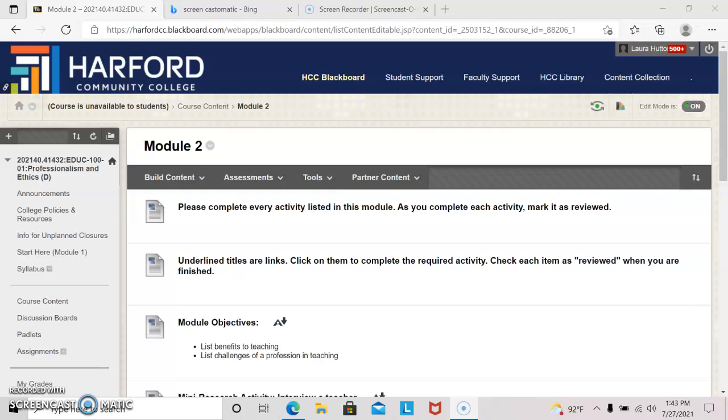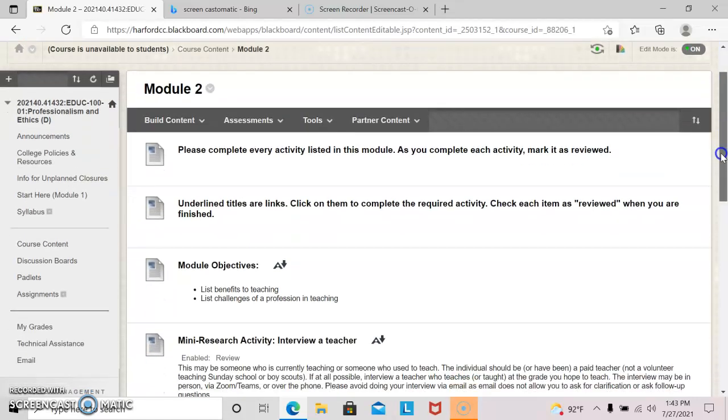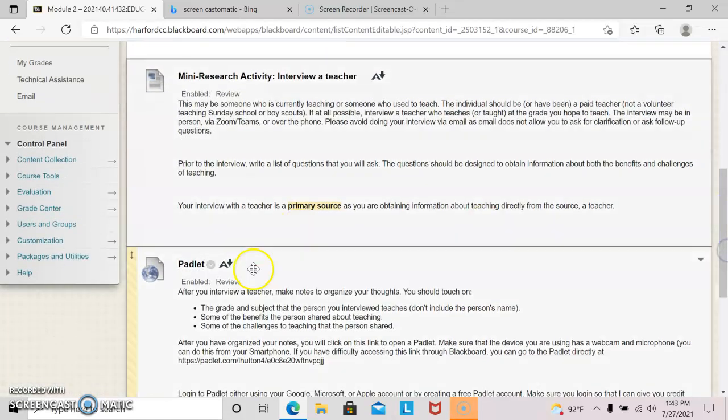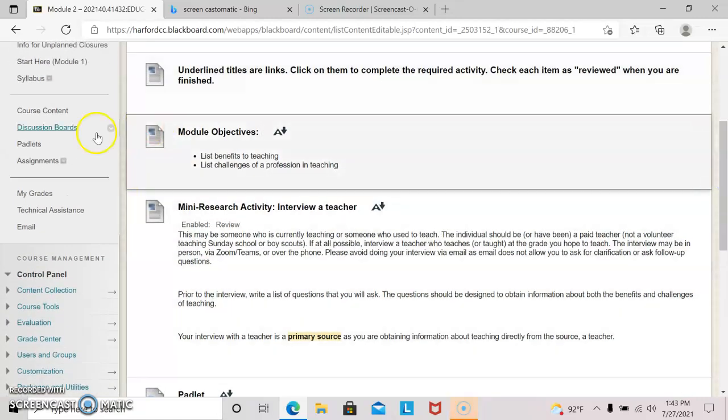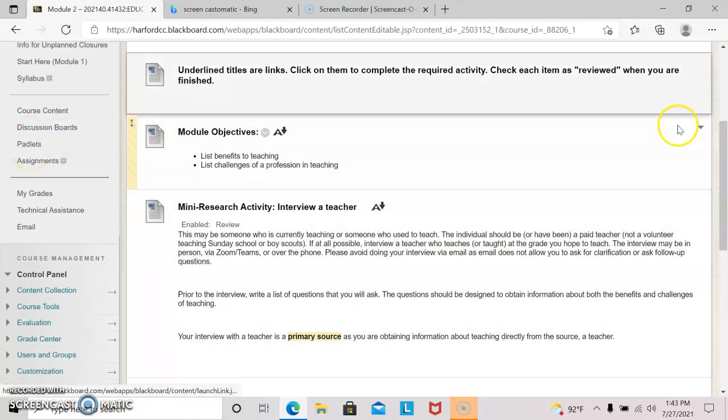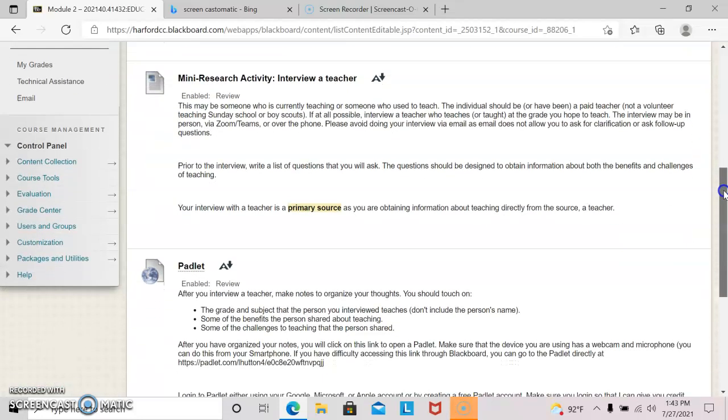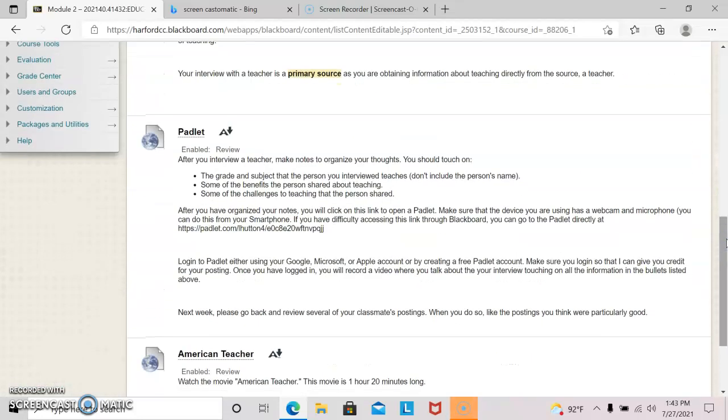Each time you complete research for this class, you're going to post information about that research on a Padlet. To find the Padlet, scroll down through the module and you can link on the Padlet. The Padlets are also posted in the menu on the left if you want to go back and look at the results that your classmates posted after the module is finished. Click on the Padlet,